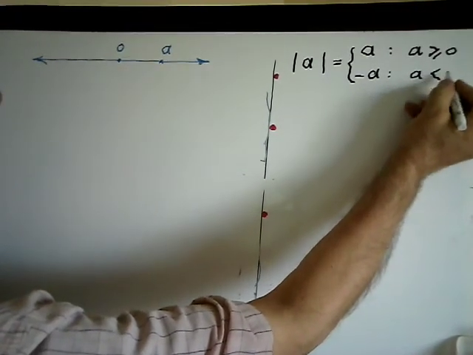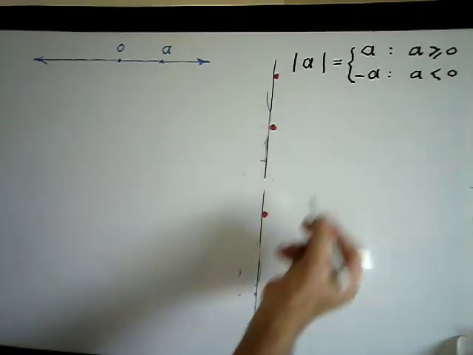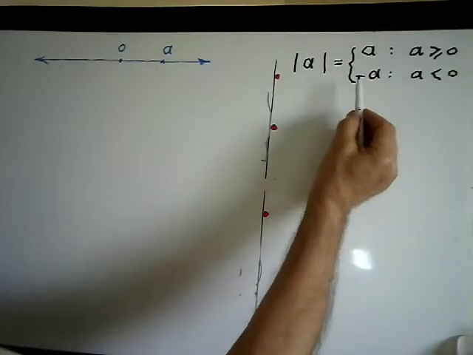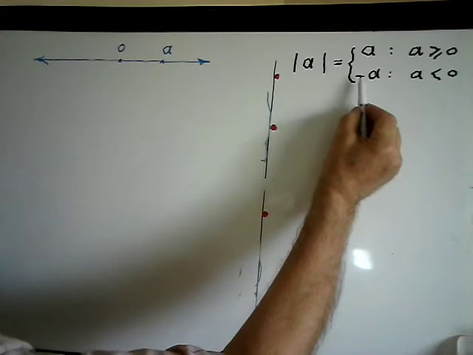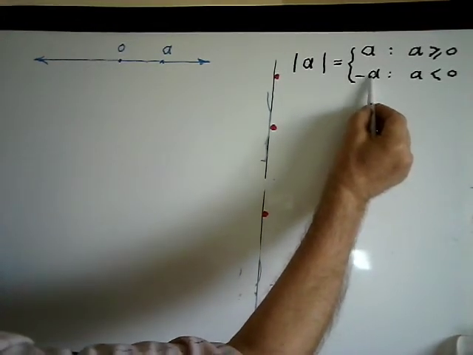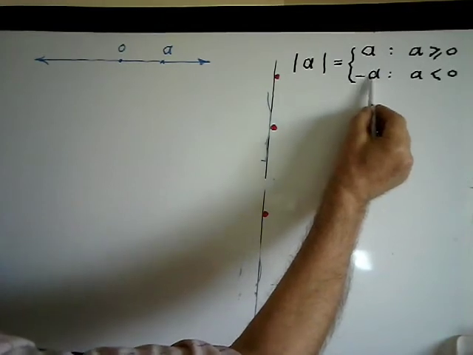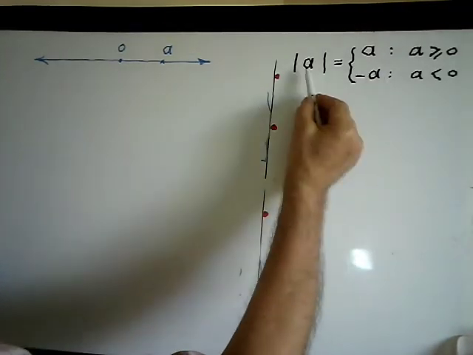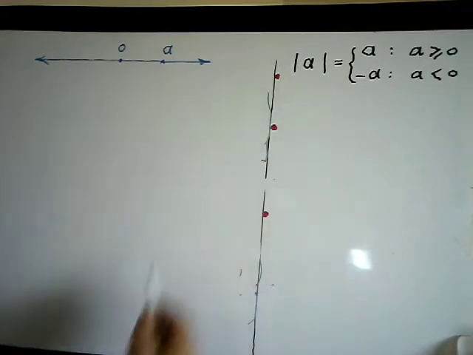A is negative, that means a is less than 0. Here, don't forget, we just put a negative sign in front of a because a is negative here. So negative by negative will be positive, which is the definition we gave for the